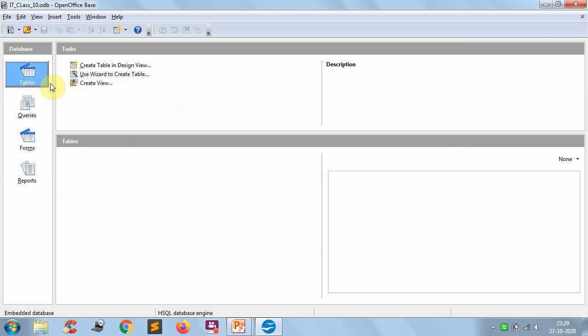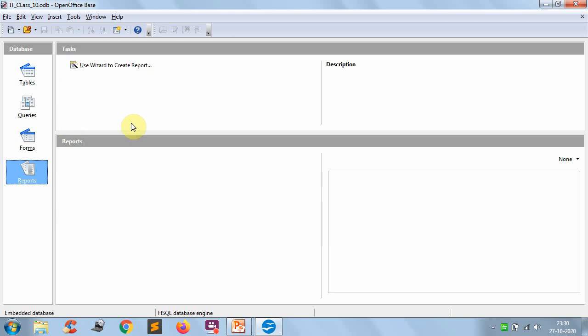If you click on tables, the different options for creating tables are visible. After clicking queries, you see the different options for creating queries. After clicking on forms, it will show you the different options for how to create forms. And after clicking on reports, it will show you the different options for creating reports.